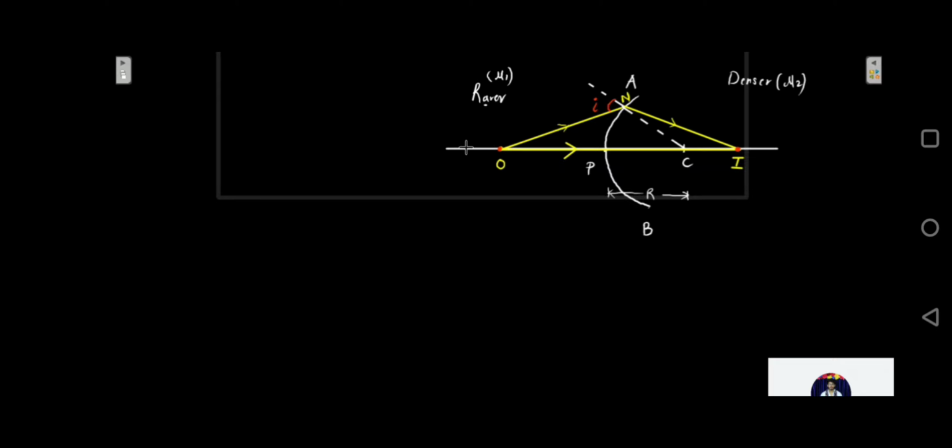Now I'm going to make a small construction over here. What I'm going to do is drop a perpendicular from point N. So NM is going to be a perpendicular to the principal axis from point N. Let us make this easy by naming the angles over here. I'll name this angle as alpha because I'll be using these angles. I'll name this angle over here as beta, and I'll name this angle over here as gamma. So alpha, beta, gamma are the three angles I have named as shown in the figure. So let's start with the derivation now.